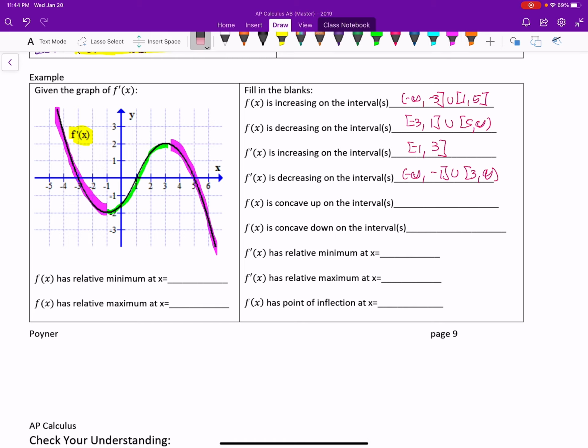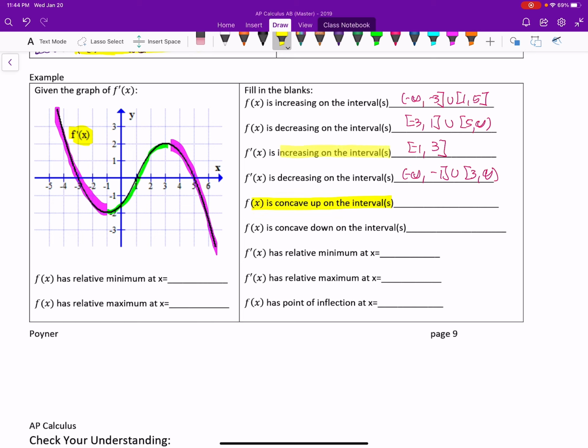All right, so let's look. Then where is f concave up? That's where the second derivative of f is positive. The second derivative is positive wherever the first derivative is increasing. So this here